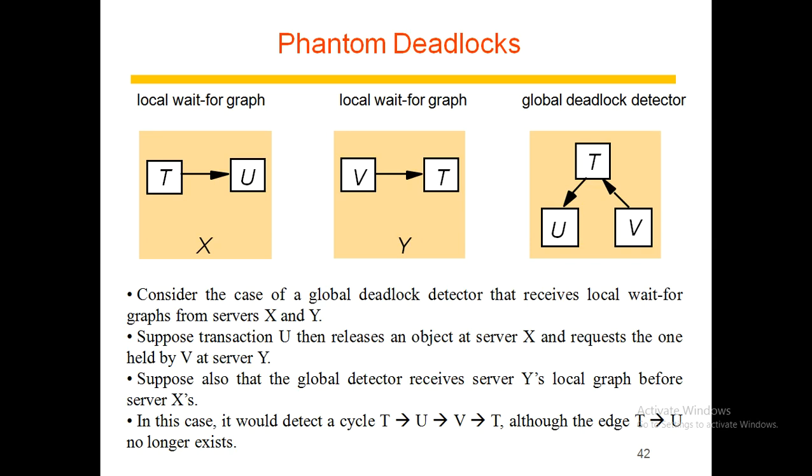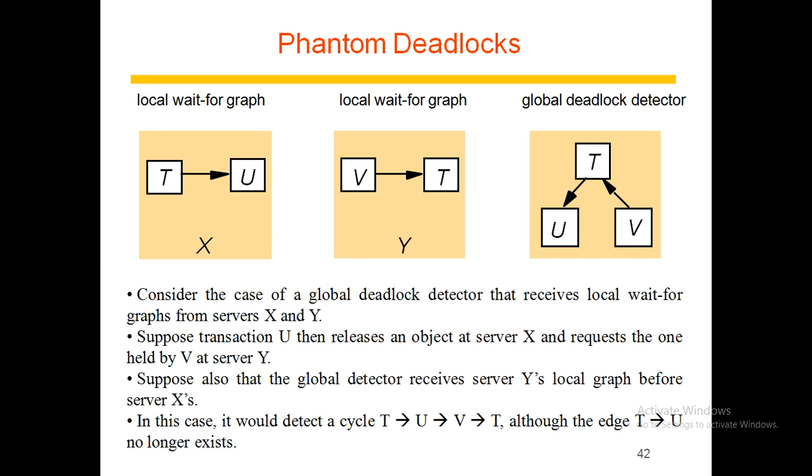We observe that if transactions are using two-phase locks, they cannot release objects and then obtain more objects, and phantom deadlock cycles cannot occur in the way that is shown in the previous slide. Consider the situation in which a cycle T dependent on U, U dependent on V, V dependent on T is detected. Either this represents a deadlock or each of the transactions T, U, V must eventually commit. It is actually impossible for any of them to commit because each of them is waiting for an object that